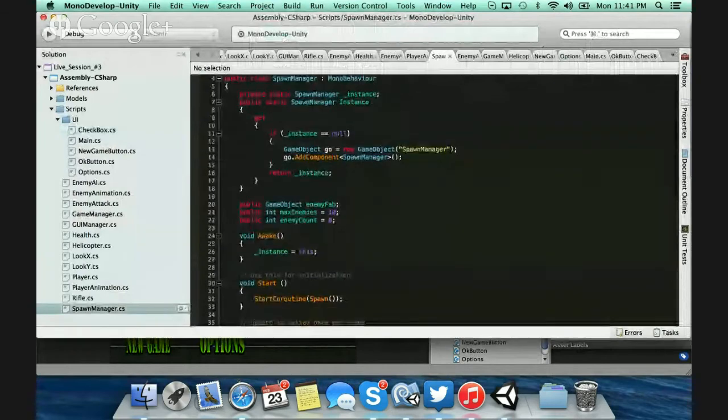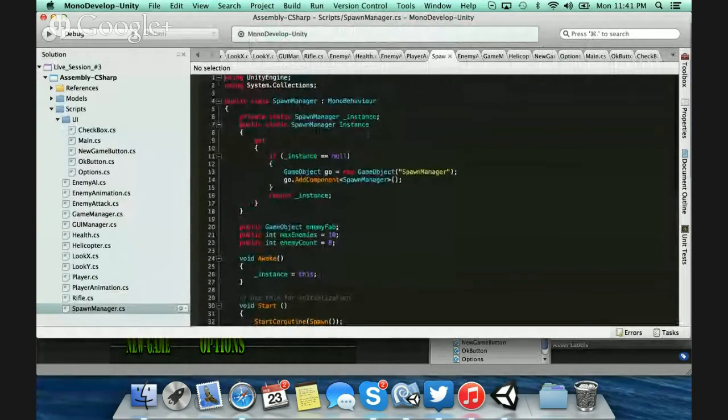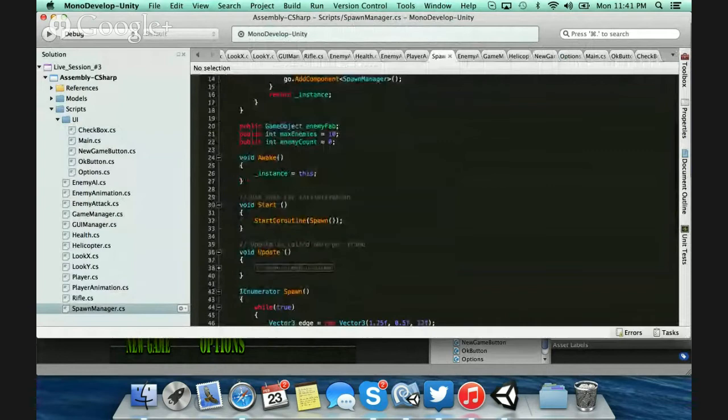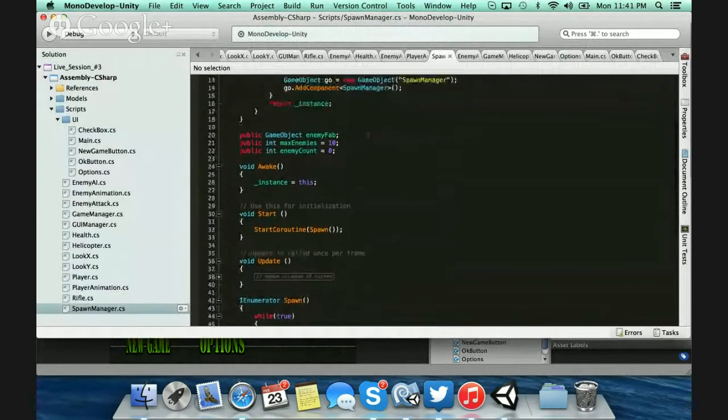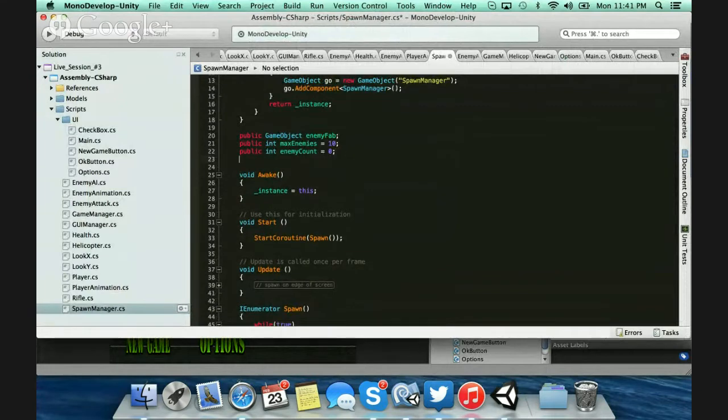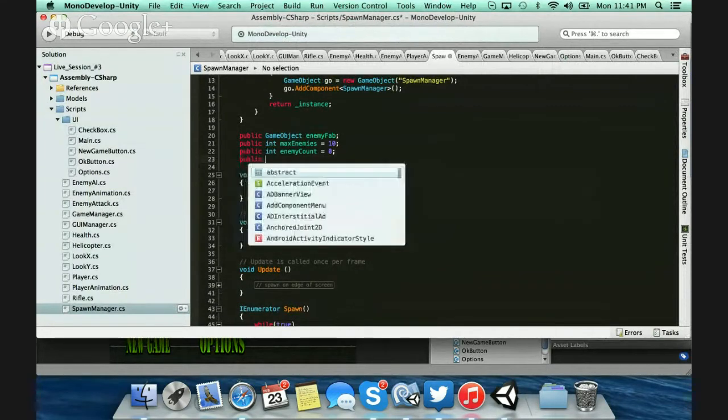So I'm actually going to go ahead and here, I turn my spawn manager into a singleton. Not really sure why I did that. But what I can do now is max enemies, enemy count. I'm going to go ahead and say here, public float